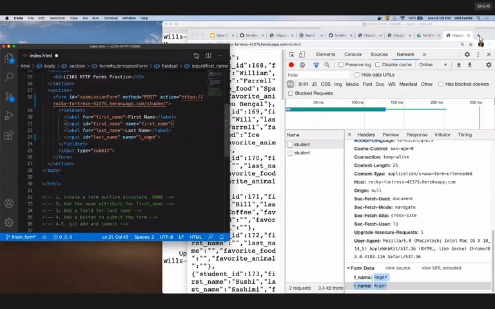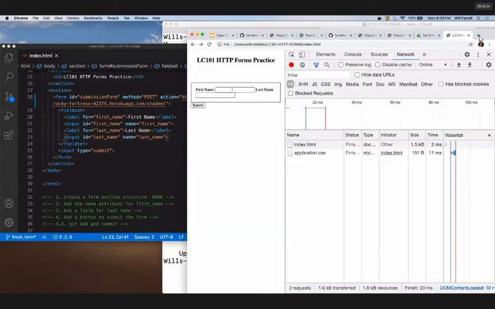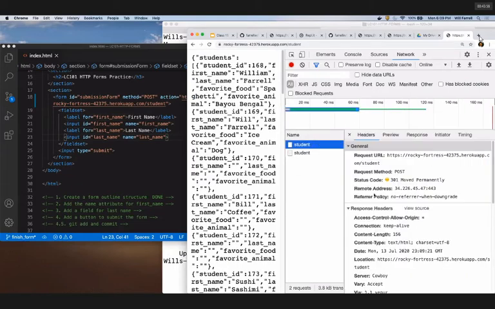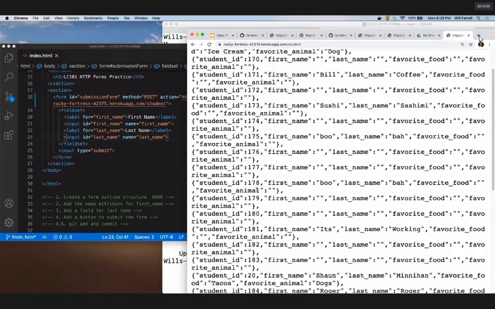So if we go back to first name and last name, come back here. Oops, I better refresh the page. Roger, Roger. And we look down at this thing now. It says, oh, yep, there's our first name. There's our last name. And because we labeled them correctly, we come back over to this API, and somewhere here,